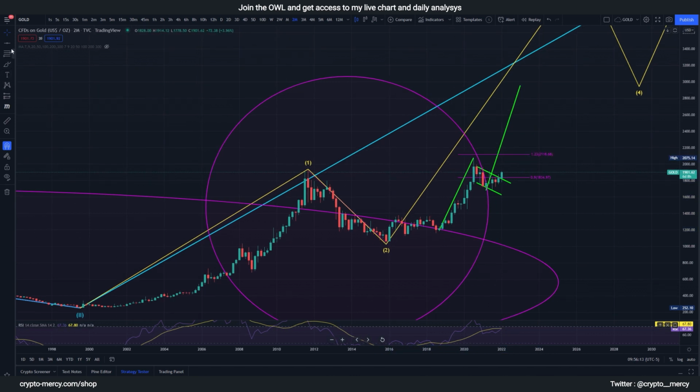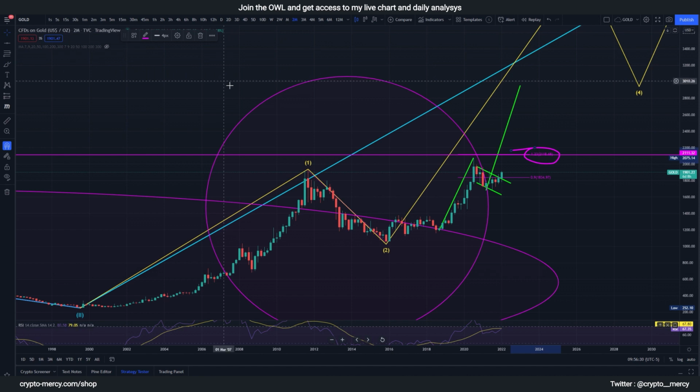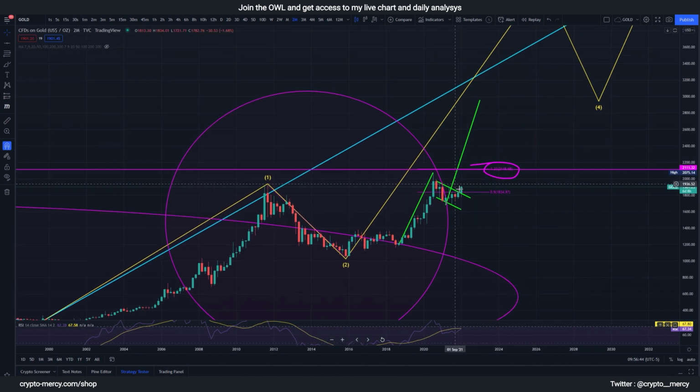For me, if gold can break out 2,120, this would be a confirmation that we are now ready for this intermediate wave 3 of this super cycle wave 3 for gold. This cup and handle is forming since 2011, more than 10 years now. And by going over this line, this would be, to me personally, a confirmation, and technically a confirmation that we are ready